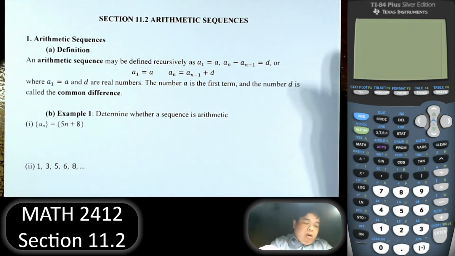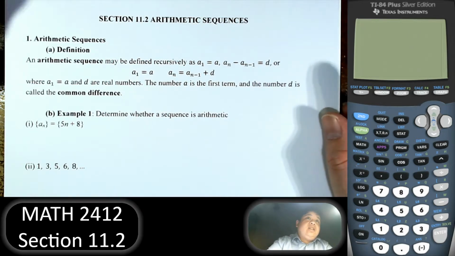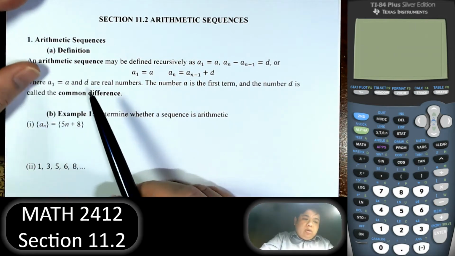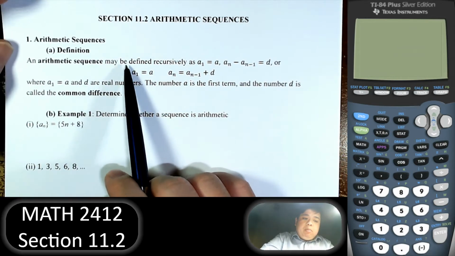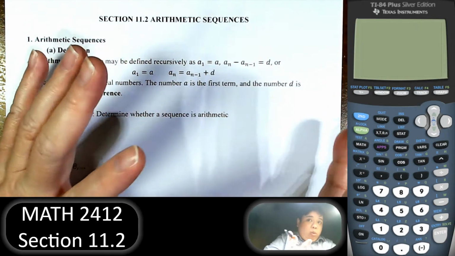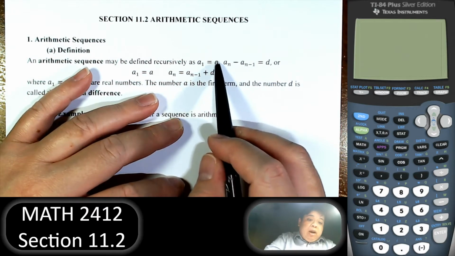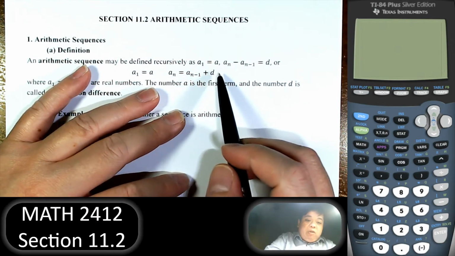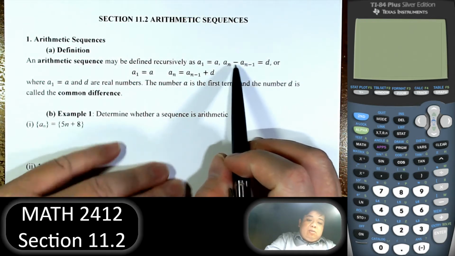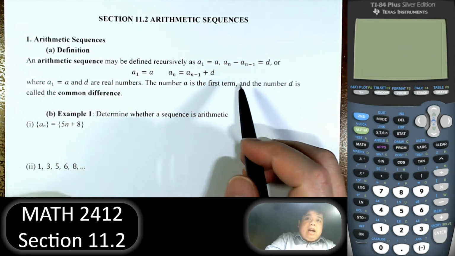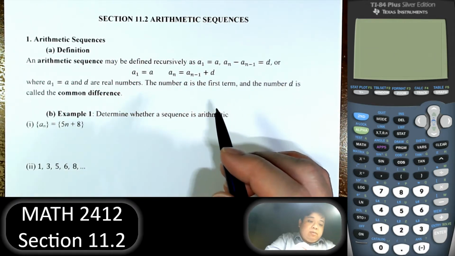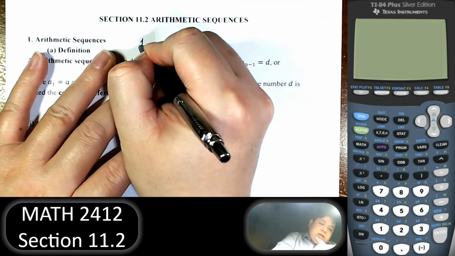Hi everybody, welcome to another video in pre-calculus section 11.2, arithmetic sequence. An arithmetic sequence may be defined recursively as: the first term is equal to a, and a sub n minus a sub n minus 1 is equal to d, meaning that the difference between consecutive terms is constant. For example, if we talk about this,